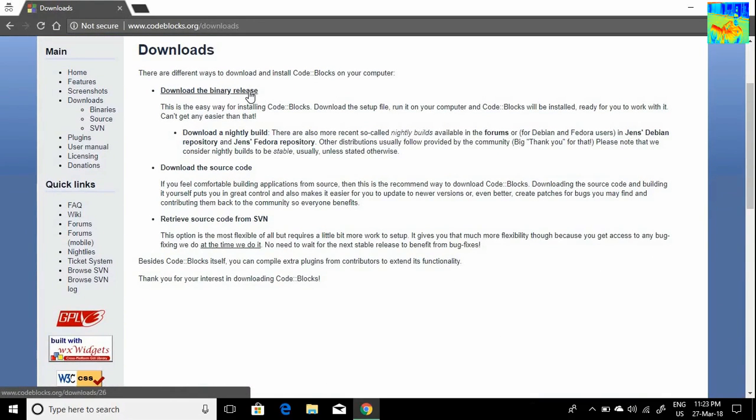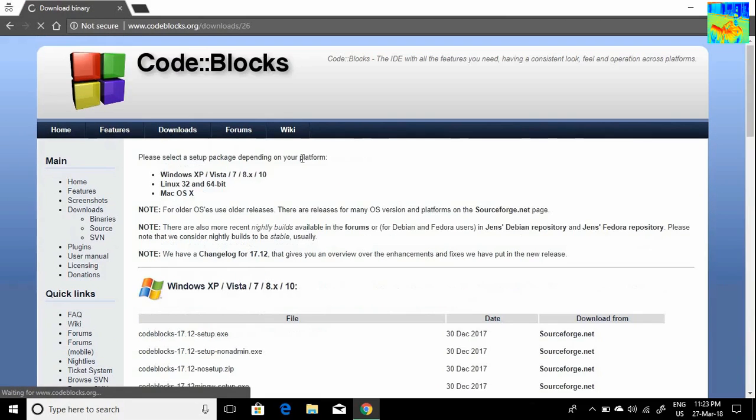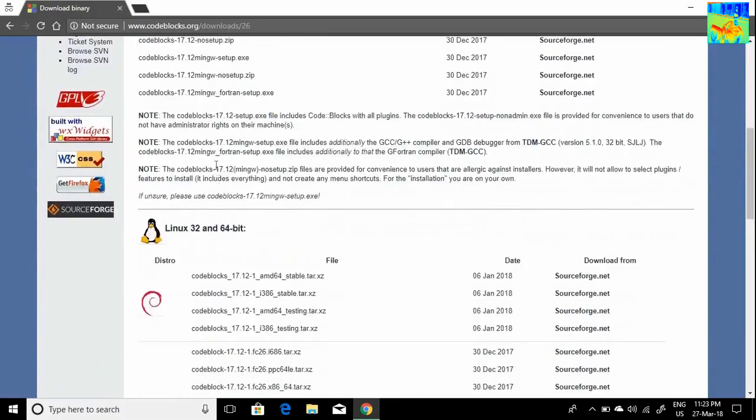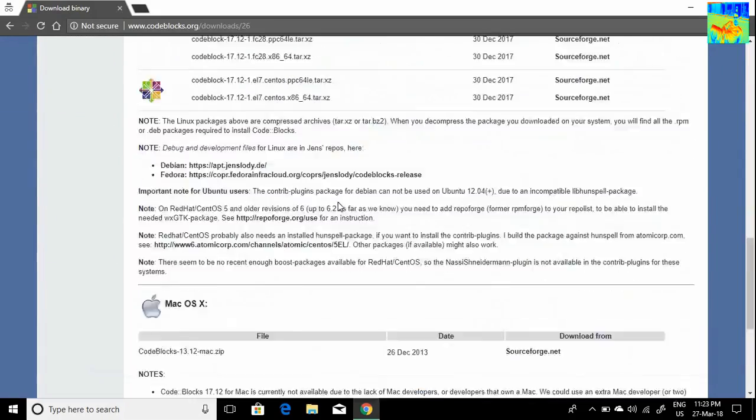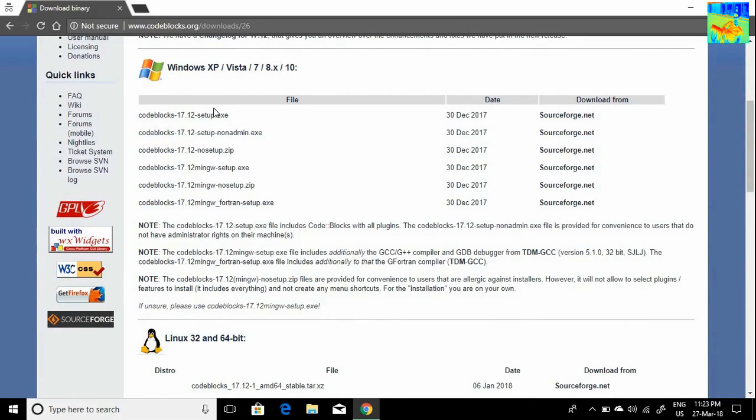Now you have to select download binary release. Okay, so in download section I will select download binary release. Now here I can see many options for Windows, for Linux and for Mac. Since I am using Windows, I will come here. Now for Windows I have many options. So which option should I select? So I will select this option,